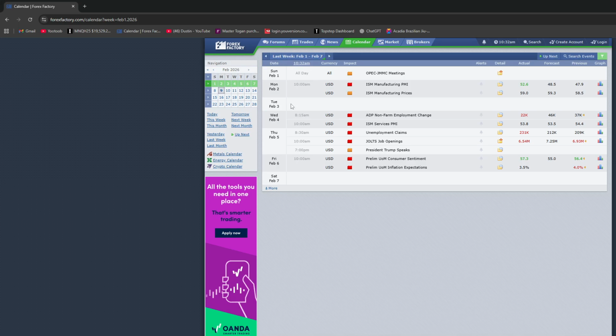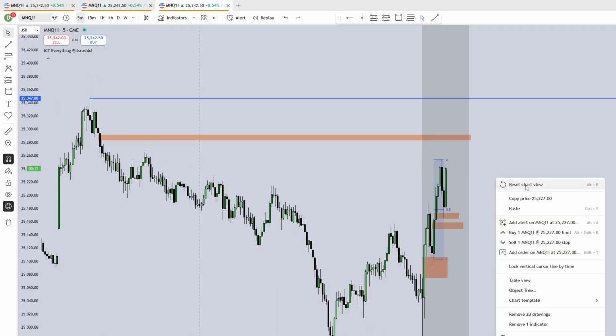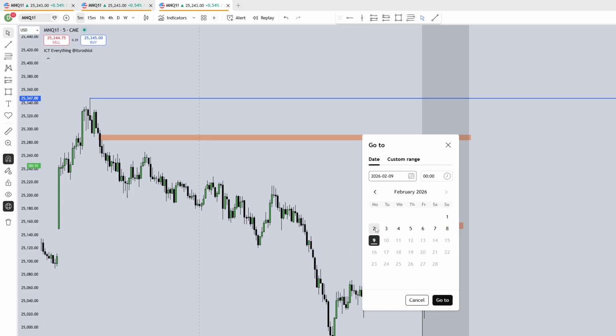That's how you can use the calendar like a work schedule. So Monday, I'm interested 9:30 to 11:30, post 10 o'clock. So if we go to Monday the 2nd,